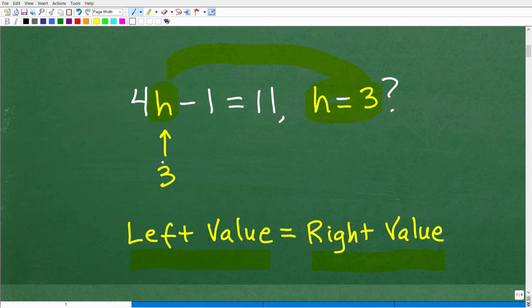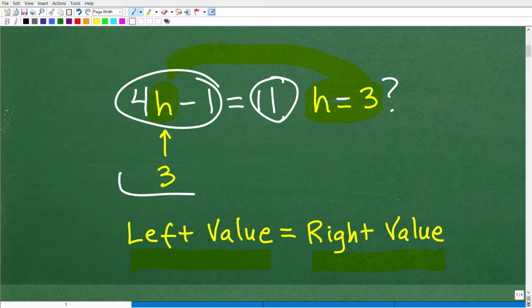In other words, after I plug in 3 right here and simplify, it should be equal to 11. After I finish all this work, I should get 11 is equal to 11. If in fact that is the case, then indeed this is the correct solution. So that's what it means